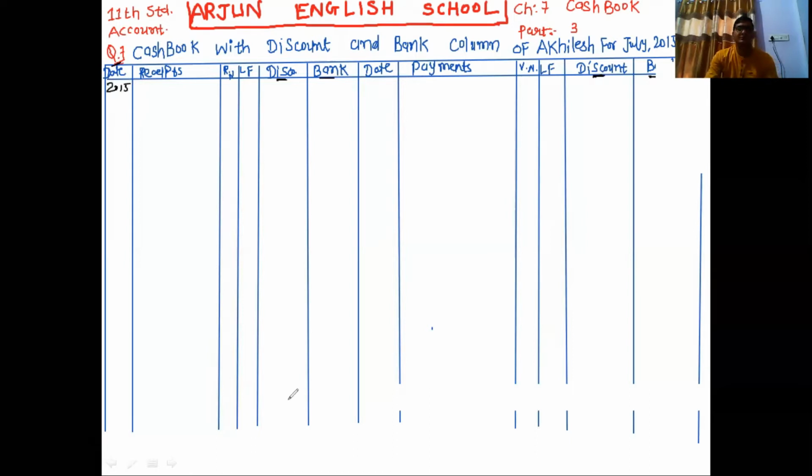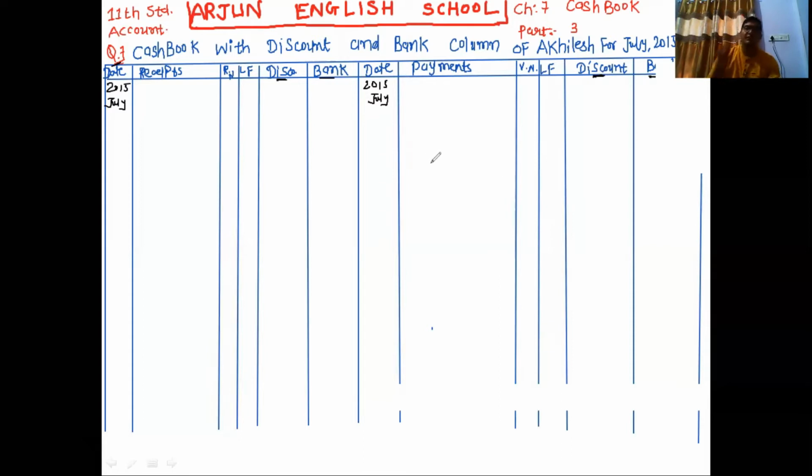2015 July, again 2015 July. Number 1, opening bank overdraft